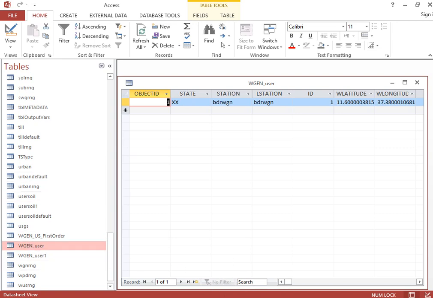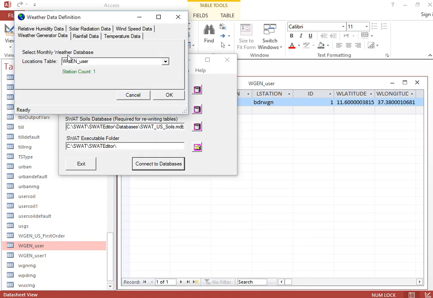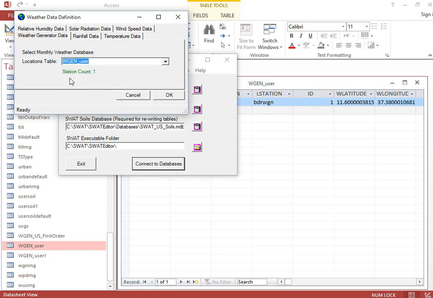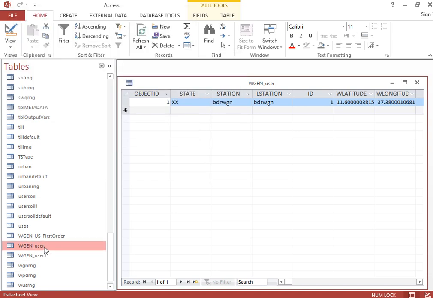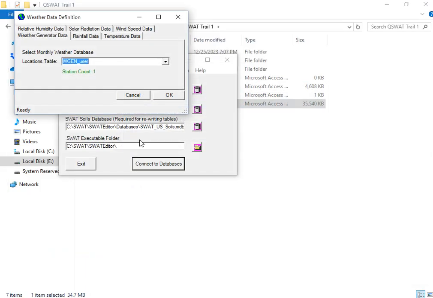When you come to this weather generator data, you should select WGN user here. So the station count is 1 because here you see one station is selected for this WGN. That is why. Okay. Therefore, we have extracted our WGN user,